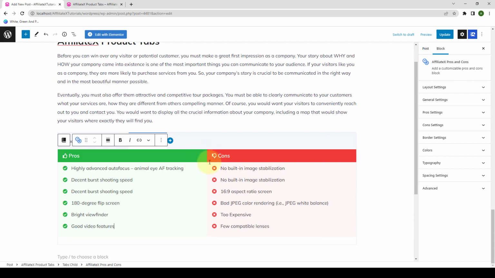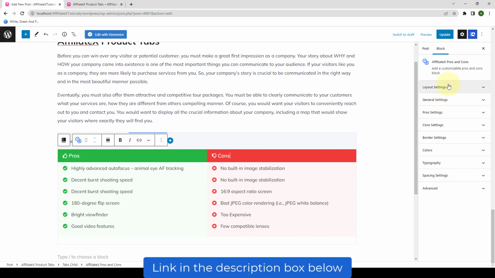The settings for AffiliateX Pros and Cons block will reveal on the right hand side when you select the AffiliateX Pros and Cons block from here. I have created a separate in-depth video tutorial for AffiliateX Pros and Cons, where I have explained all of these settings in detail. I have added the link to that video in the description box below, so make sure you